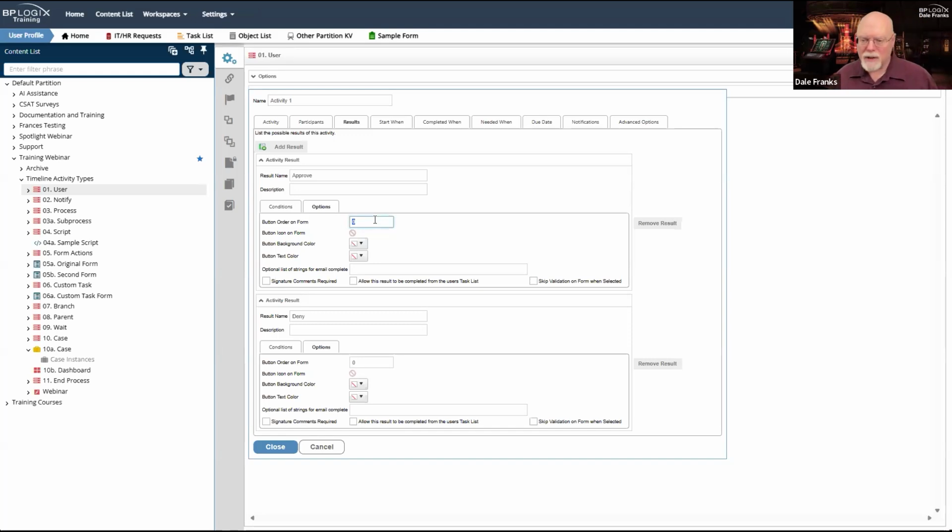So here at BP Logix, as I've mentioned many times, we always go from the most positive result to the least positive result. So with approve and deny, approve would always be the button I want to see as number one, and deny would always be the button I want to see as number two. And I do this on every single form.